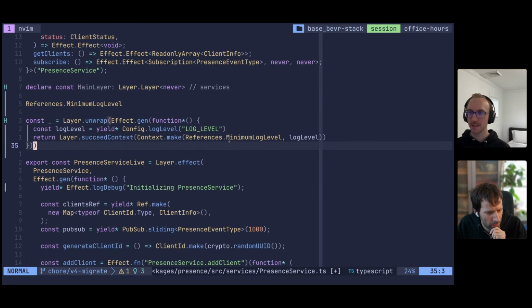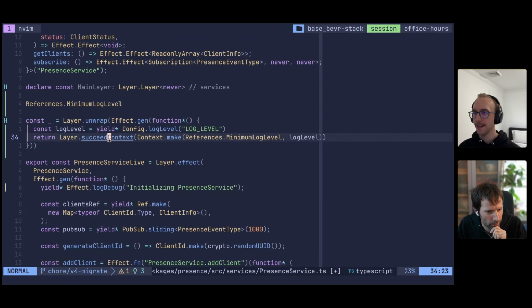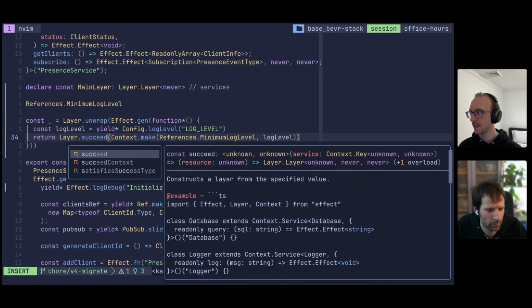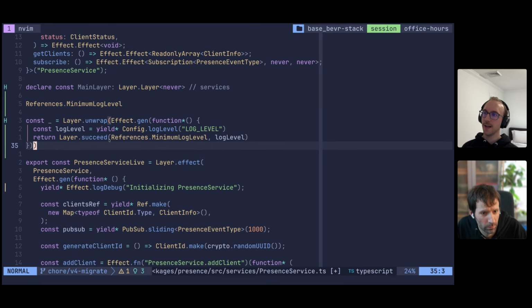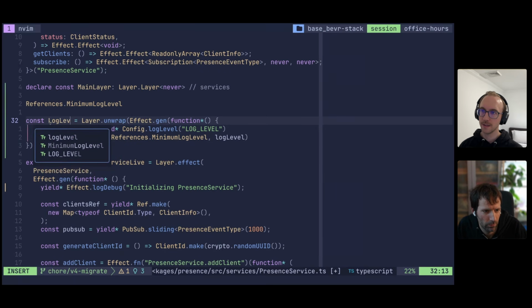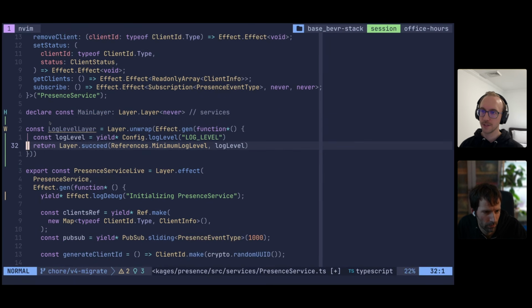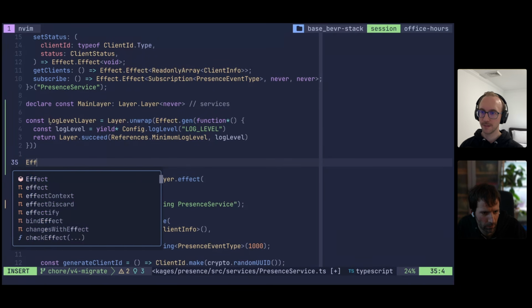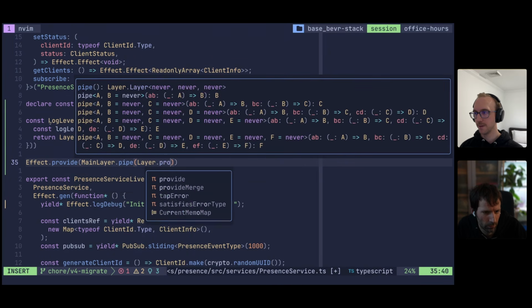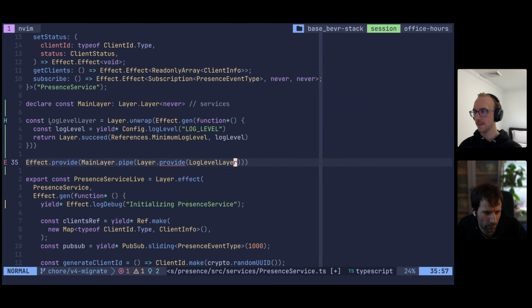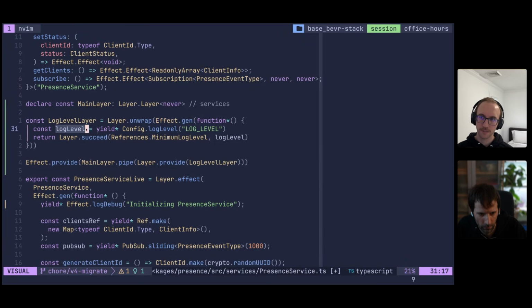We may have removed it because it's so easy to set a minimum log level now in different ways. But you could literally just succeed like this instead. And if you provide this log level layer to your main layer, so if you do Effect.provide main layer, pipe Layer.provide log level layer, now your